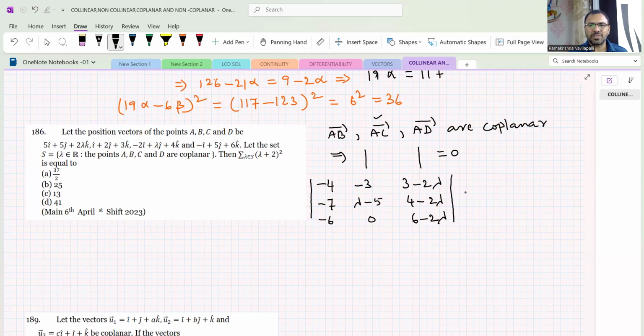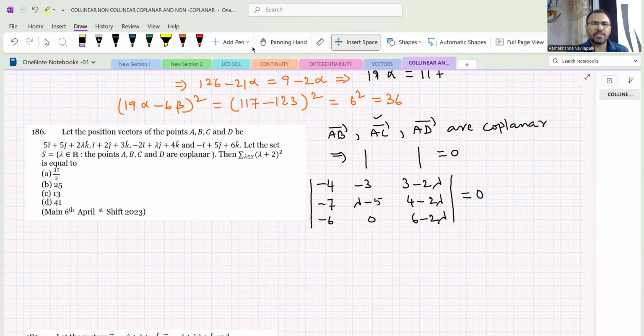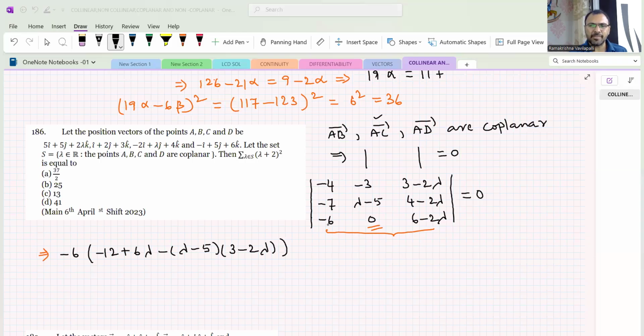This determinant is equal to 0. First row, first vector; second row, second vector; third row, third vector. Now it is our task to expand the determinant. Please try to expand the determinant as fast as you can. Better you expand the determinant about the third row because 0 is there. Okay, I'll do that expansion now. I'm expanding about the third row: minus 6 into the cofactor of this one, and anyway 0 you don't write, plus 6 minus 2 lambda into